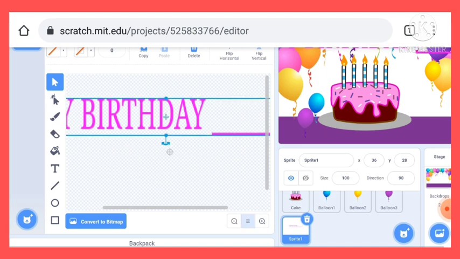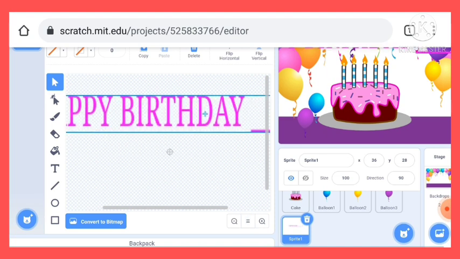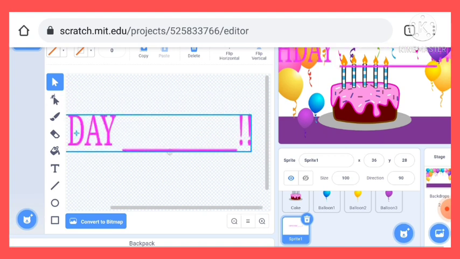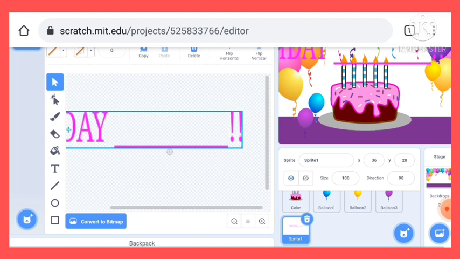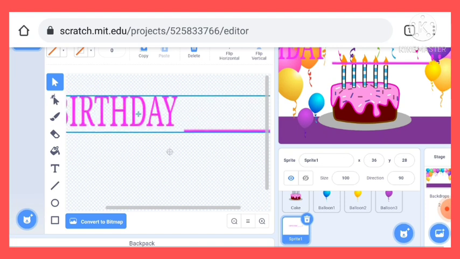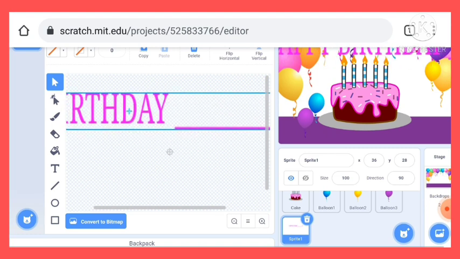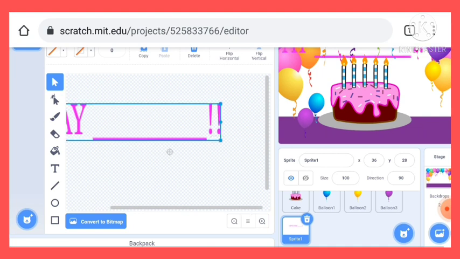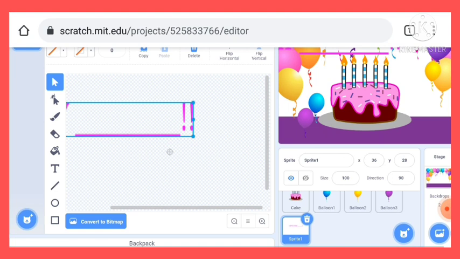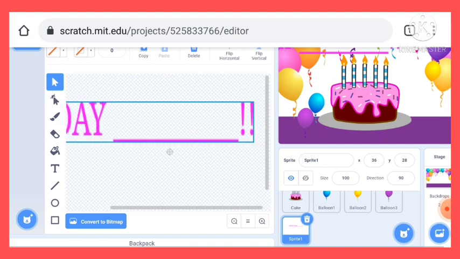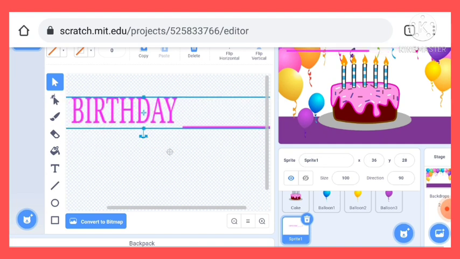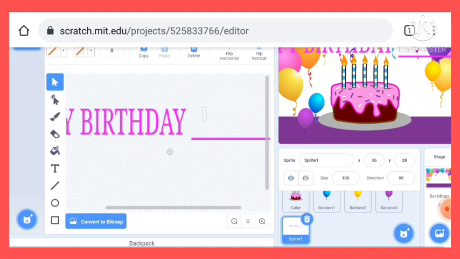Okay. Now I have done. Now I will make their size somewhat small. You can do it as you want. So now I have done. You can do it as small. So let's do it somewhat small, otherwise it will look too big. So let me choose it. It will take some time for that if you have a computer, so you can do it very fast. Now I got it.